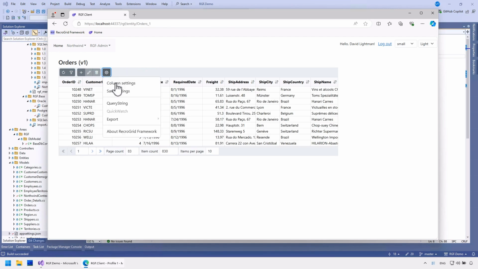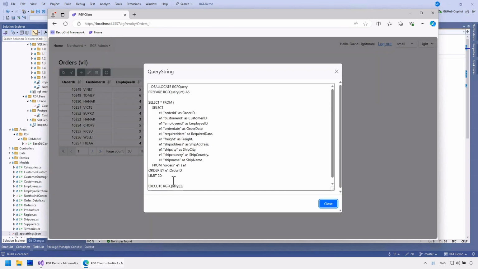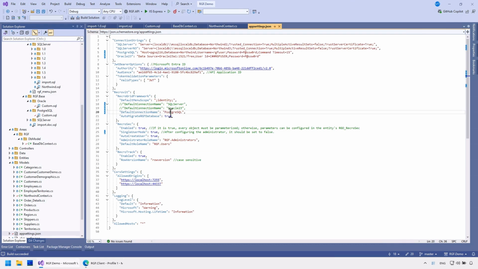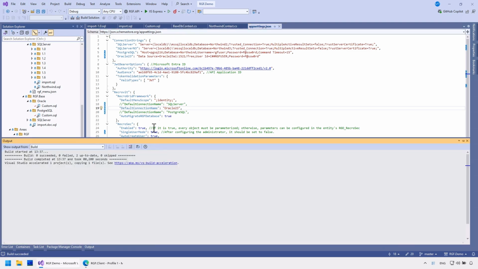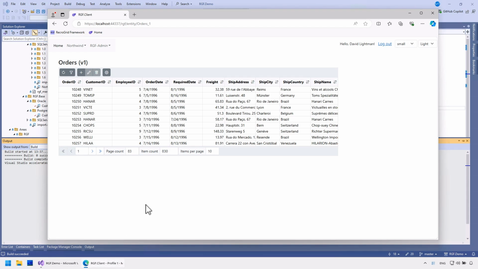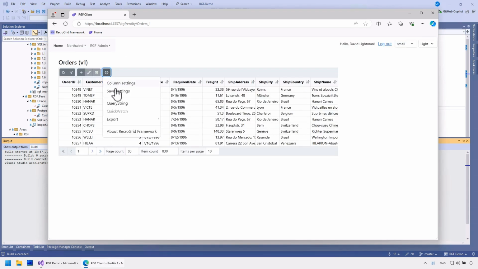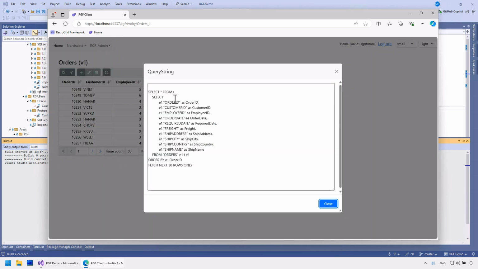Everything is working perfectly. Here you can see the PostgreSQL query. If I now simply modify the configuration and restart the application with the Oracle database, it will work. Here is the Oracle query.